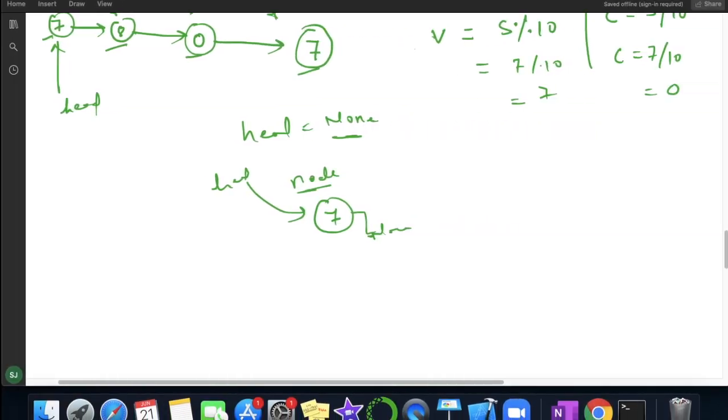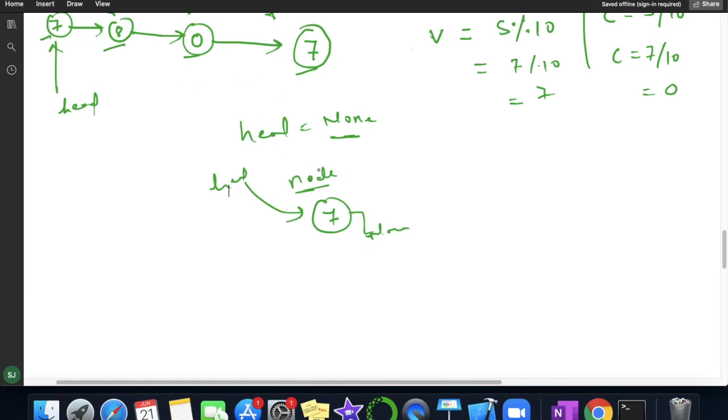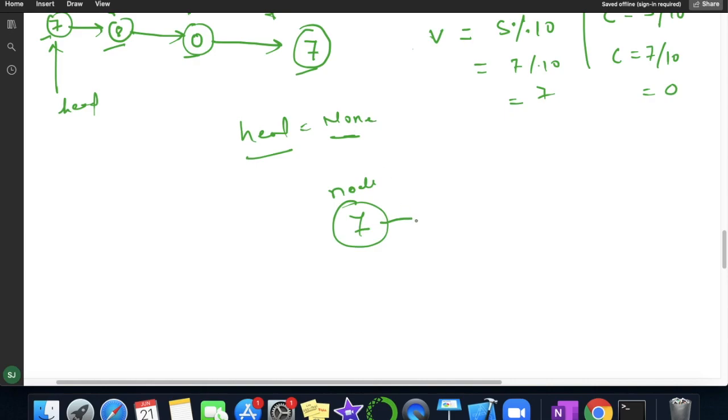So it will look like this: initially my head is None. We created a new node, passed the value 7. This is my node and my head is having value None. In the next line I have written node.next equal to head, and head is None.